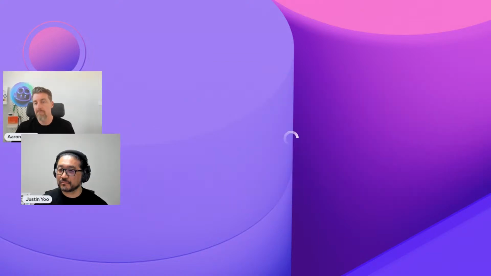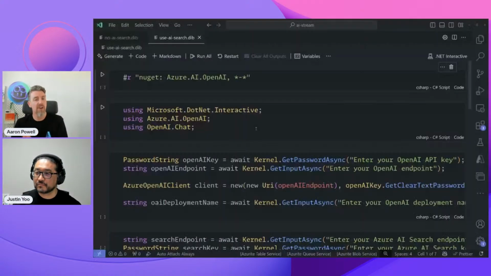We haven't even had to tell it the structure of the PDFs. We're able to use the power of Azure AI Search to just extract that because it understands how to work with PDFs. So let's go back to my screen and have a look at what we would change in the code now that we're wanting to work with the AI Search as an additional component inside of our